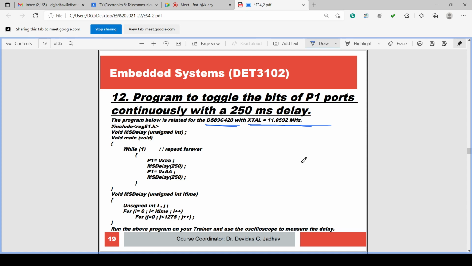These two settings we have done. In simulation, debugging mode, the device is selected as DS89C420 and the crystal frequency is entered as 11.0592 megahertz.